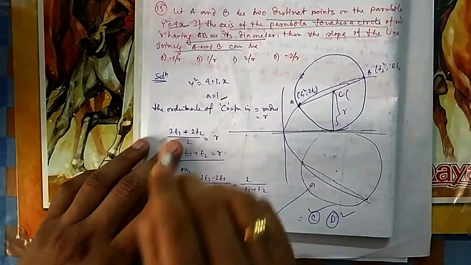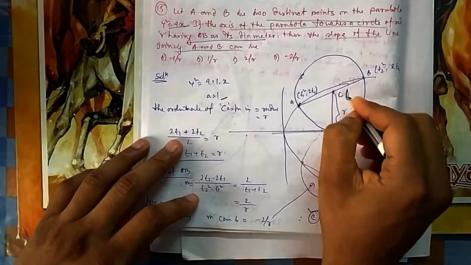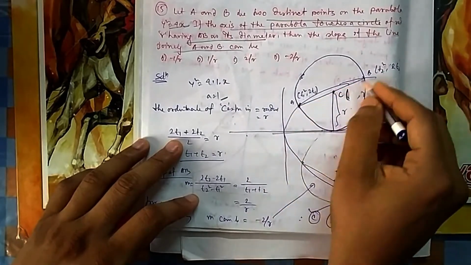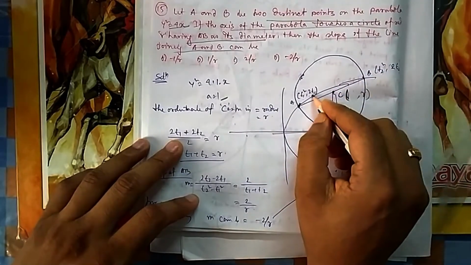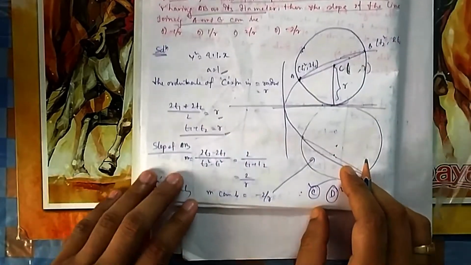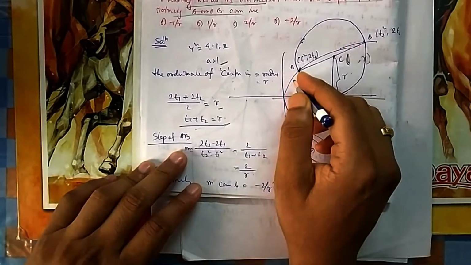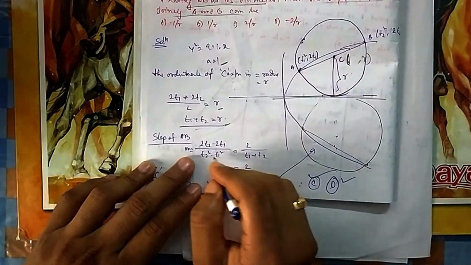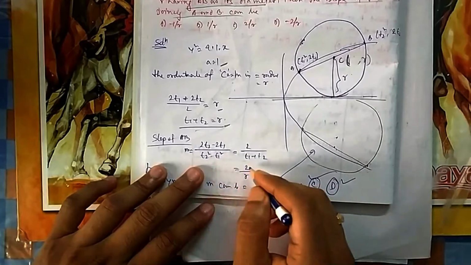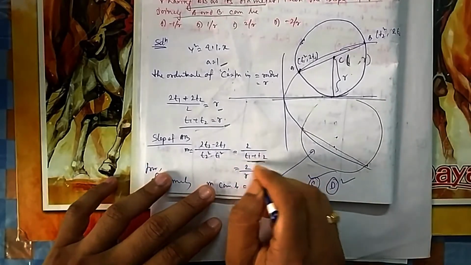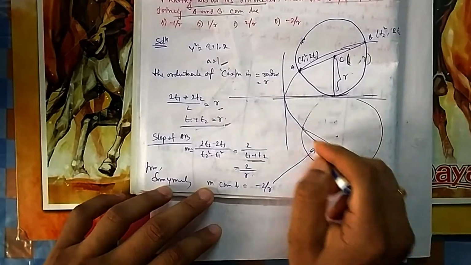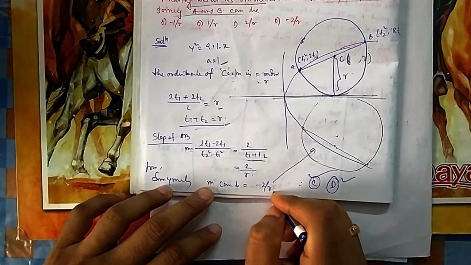So what will be the ordinate of the center? Because this height is r, so something comma r, and this is the midpoint of these two because this is the diameter. So 2t1 plus 2t2 divided by 2 should be equal to r. So t1 plus t2 should be equal to r. They are asking you to find the slope of AB. So y2 minus y1 by x2 minus x1. If you do this, t2 minus t1 if you take common, it will cancel, a square minus b square is a plus b into a minus b. So t1 plus t2, you know this is r, so this is 2 by r. So the same slope here, by symmetry you can say it can be minus 2 by r also.